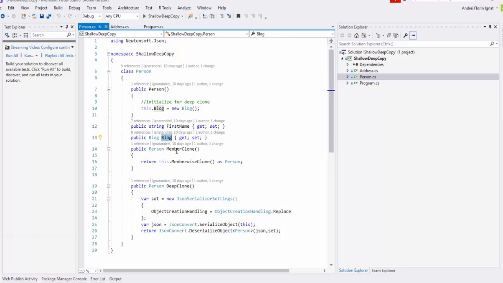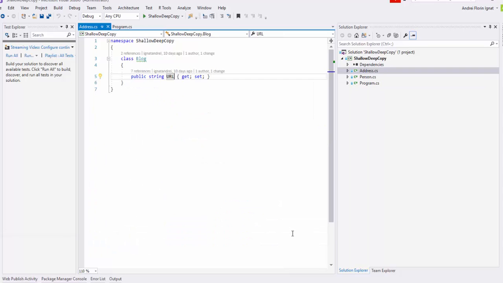We have two functions. MemberClone is getting the function MemberwiseClone, that is .NET native, and I have also a DeepClone that serializes the object with Newtonsoft Json and then deserializes into a new object. The difference between those is relatively simple. Let's see the